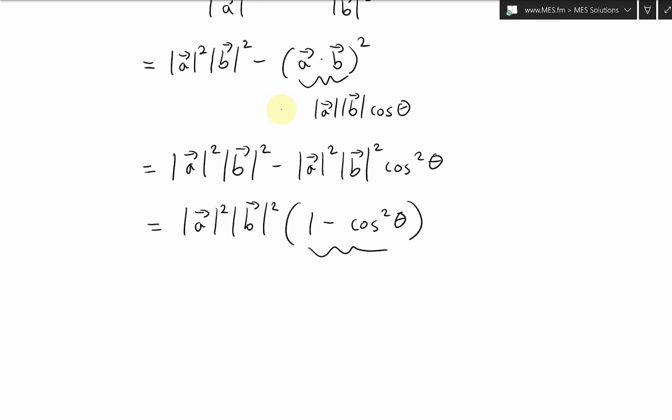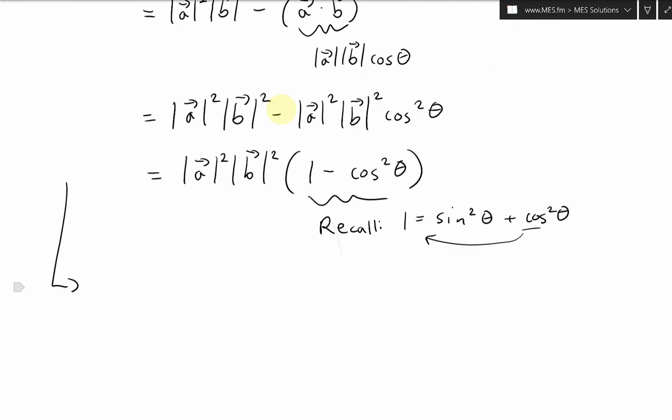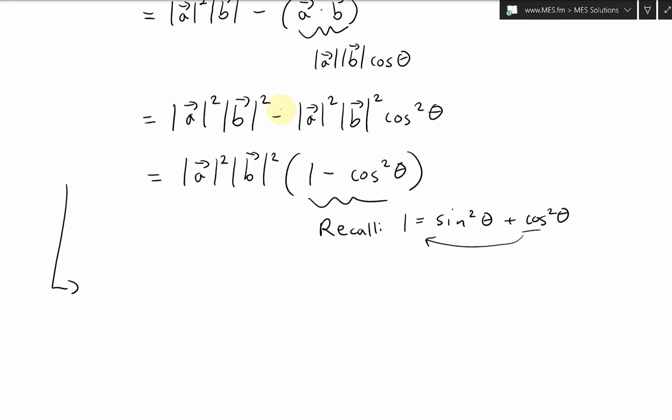And again, recall the Pythagorean trigonometric identity. Recall that 1 equals sine squared theta plus cosine squared theta. So in other words, move this over to this side, and you're going to get this sine squared. So 1 minus cosine squared theta equals sine squared theta. So this whole setup equals, and I'll put this all here, so we'll have a cross b squared is equal to the length of a squared times the length of b squared, and then we're going to have, yeah, here, sine squared